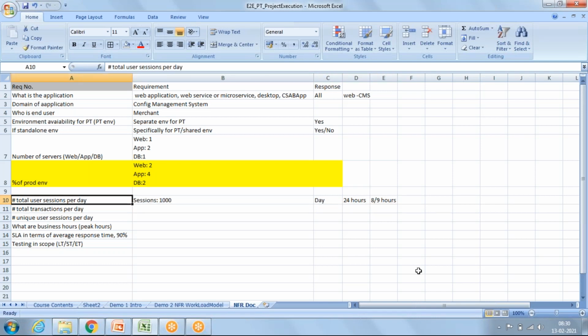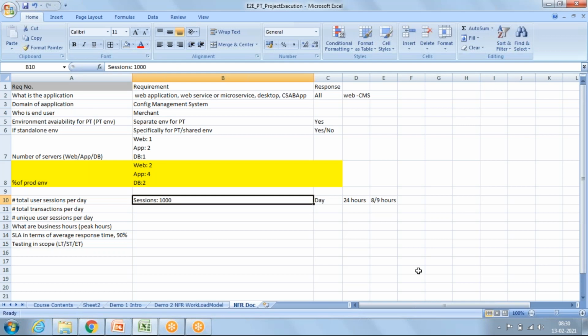Whenever we capture this information, total user sessions per day, and we get a response like the number of sessions is 1000 a day, a day means working hours only.